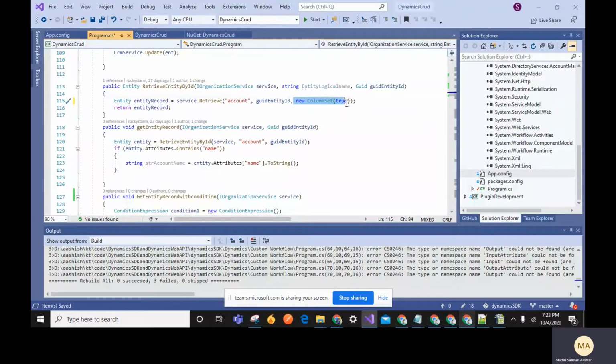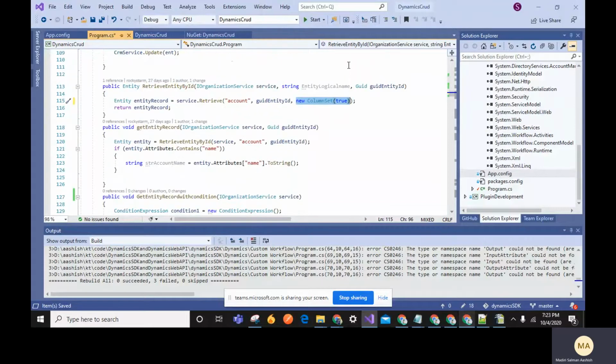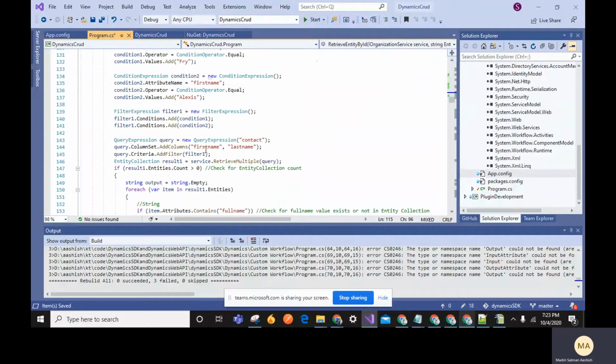This new ColumnSet true is like, if you want to get all fields in Dynamics, you can write new ColumnSet true, or we can write another option also.